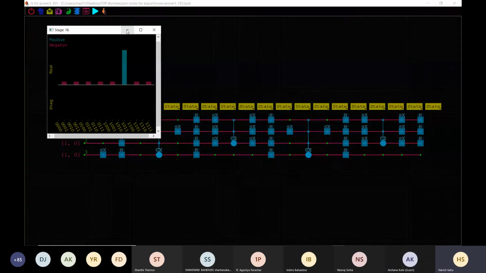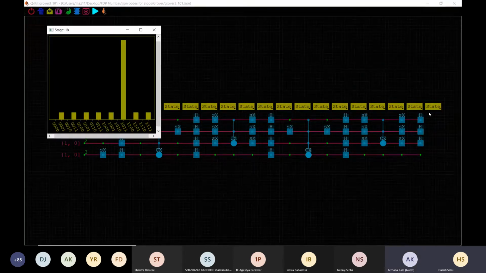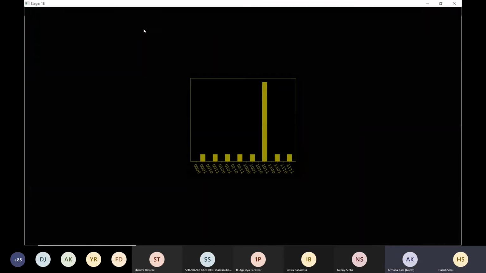We are doing this on a simulator, so it should give the ideal result which we should get after 2 iterations. If you click on distribution, the probability is also highest for 101. The first 3 are our data qubits, 101, and the fourth one is our extra auxiliary qubit.